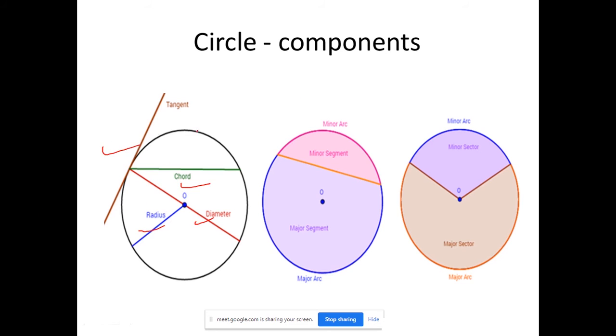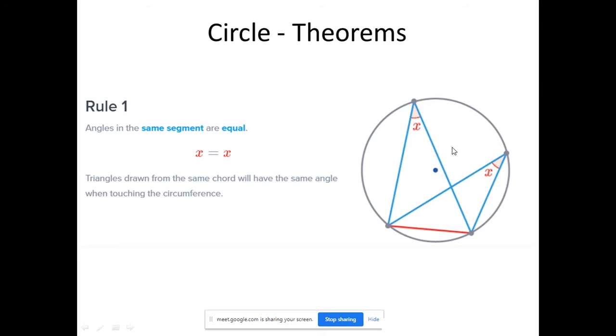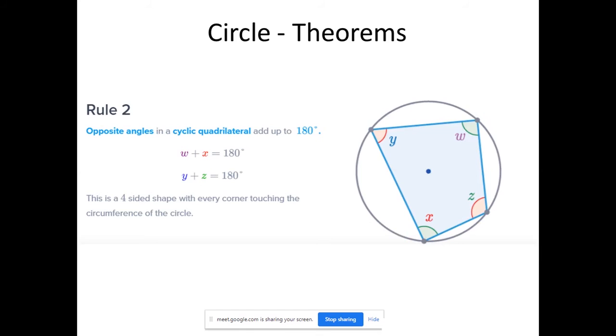Okay, so we've seen the nomenclature: radius, diameter, chord, tangent, minor segment, major segment. So the angle in the same segment, that is, these are 2 points of the chord AB. This is the minor segment and the other one is the major segment. Angles in the same segment are all equal to each other. So if you make an angle using the same 2 points of the chord AB, it would make the same angle.